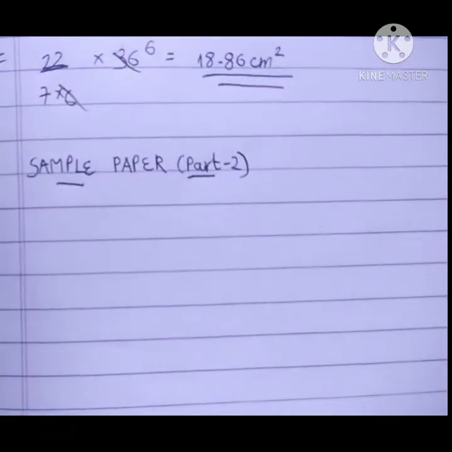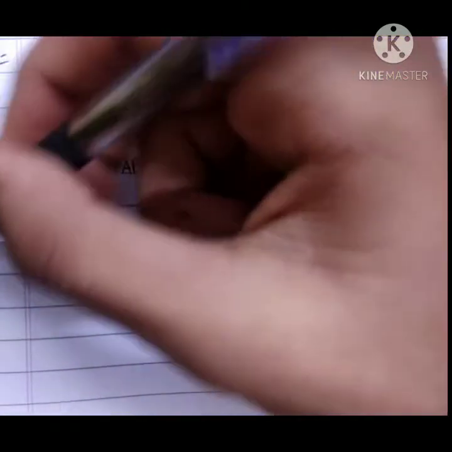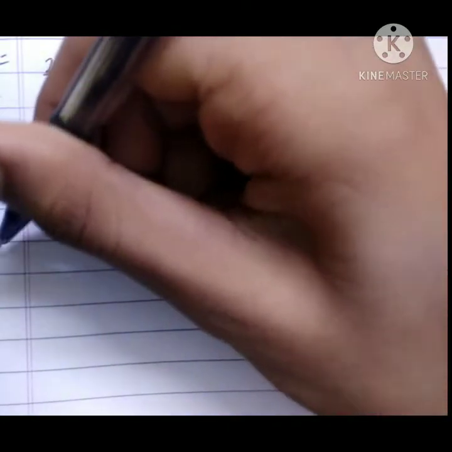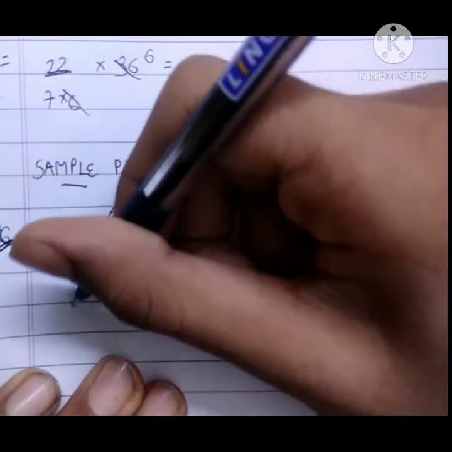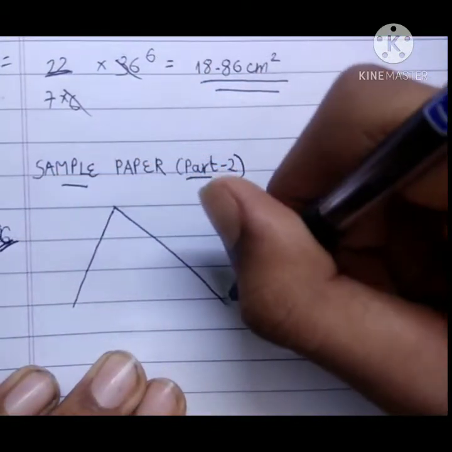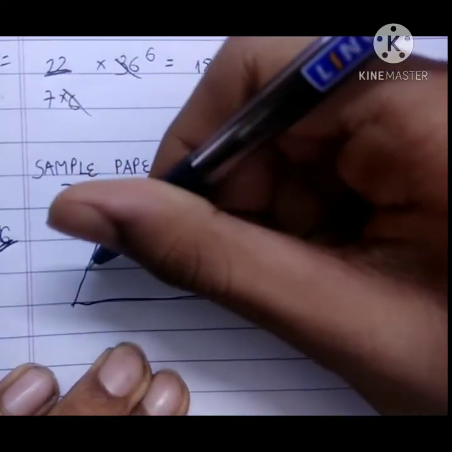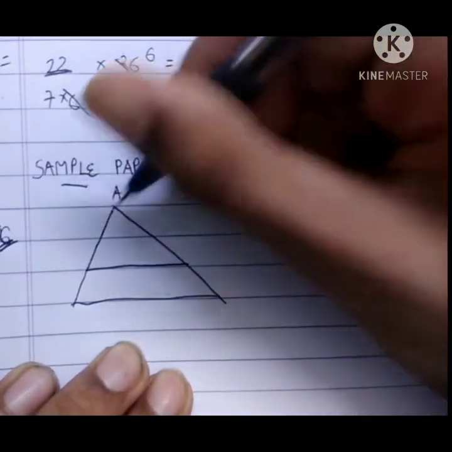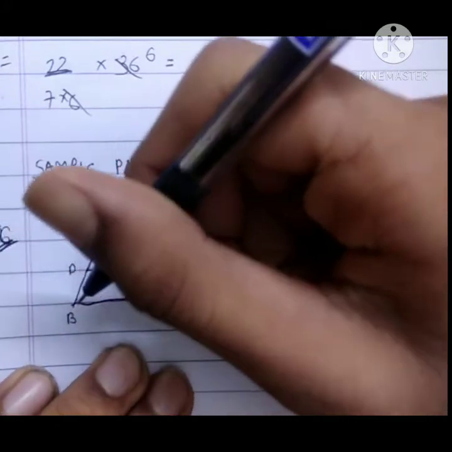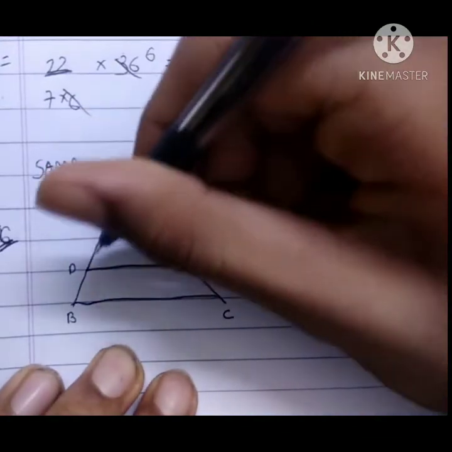So let's see what the first question says. The first question says, in the given figure, DE is parallel to BC. First, let me draw the figure. It is question number 6. Now the figure is given, so I am drawing it again. It's basically a triangle, and it has some namings and some cuts in it. Let's label it: A, D, B and C. Even though this is a rough sketch, here it is angle, here it is angle.